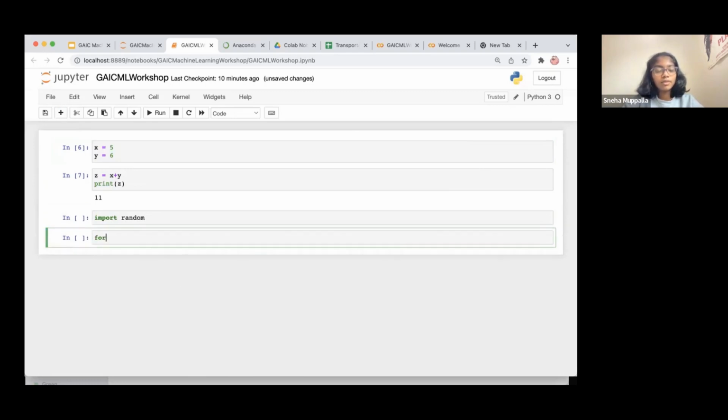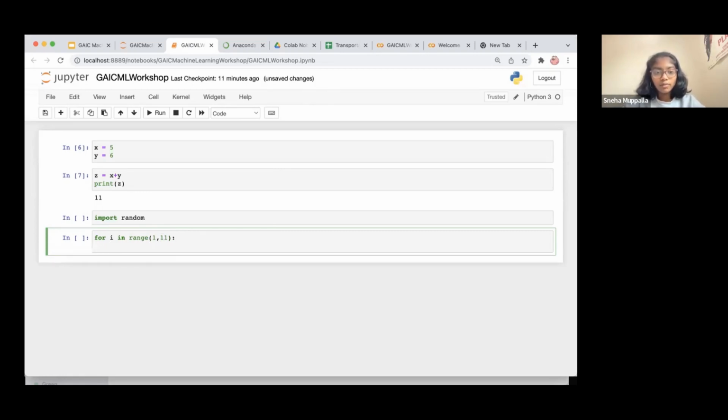So for i in range 1 to 11, because 1 is inclusive and 11 isn't inclusive, right? Because it's from 1 to 10. So in order to include 10, you have to make sure that this bound is one more than the end. So that's why I'm going to 11. Right? So if I want to print